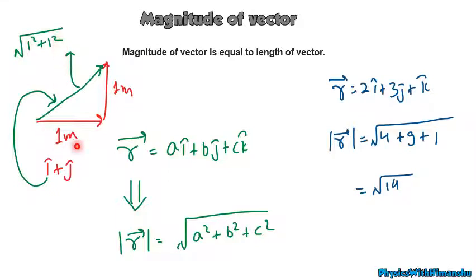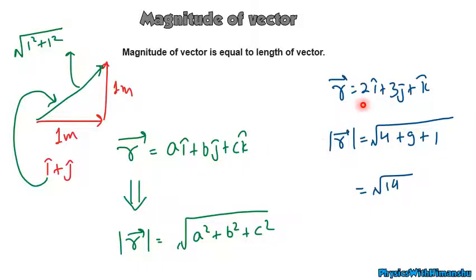So remember, if a vector r is given, that is a i cap plus b j cap plus c k cap, its magnitude will be represented by two vertical lines around r. This is the magnitude of vector r. It will be given by root of what is there with i cap, a, so a square, plus what is there with j, b, so b square, plus what is there with k, c, so c square. In this vector you can see what is there with i, 1, so 1 square, plus what is there with j, 1, so 1 square. This is an example to show how we come to this formula. So the magnitude of any vector can be found like this. The magnitude of a vector is equal to the length of the vector.